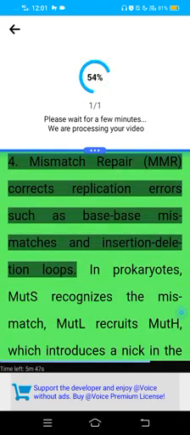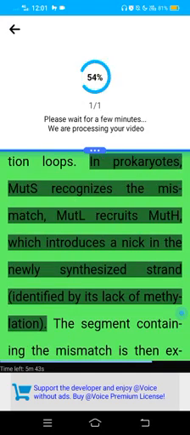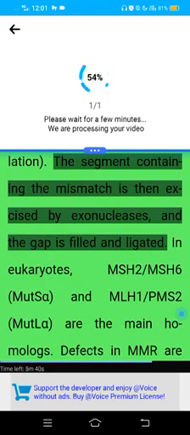4. Mismatch repair (MMR) corrects replication errors such as base-base mismatches and insertion-deletion loops. In prokaryotes, MutS recognizes a mismatch, MutL recruits MutH, which introduces a nick in the newly synthesized strand identified by its lack of methylation. The segment containing the mismatch is then excised by exonucleases, and the gap is filled and